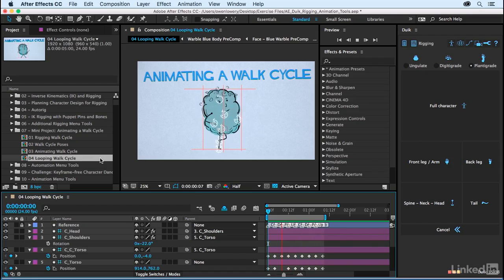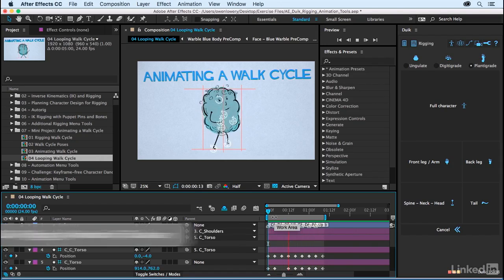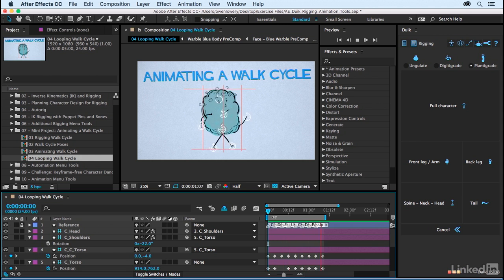I'm here in 0704 looping walk cycle. Currently, I have my work area down in the timeline set, so when I preview, it's automatically looping this walk cycle. But I want to make this walk cycle an actual continuous loop, so I can animate this character within a scene. There are many ways to achieve this, but because I also feel I might want to move my